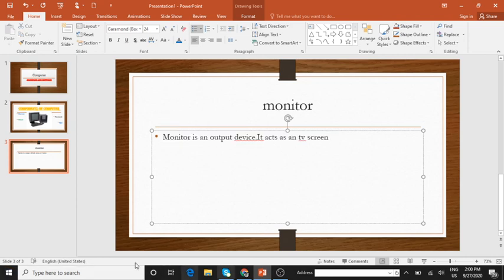Okay, just a second. So once you select the text, then here you will be going to the line spacing command in the paragraph group. Okay, so this is your paragraph group. So here you are supposed to go to line spacing.